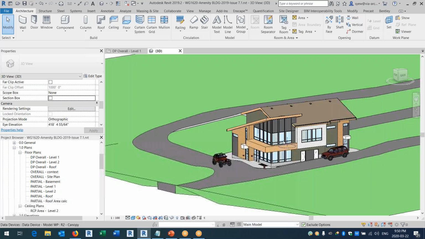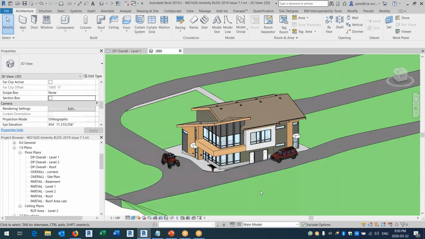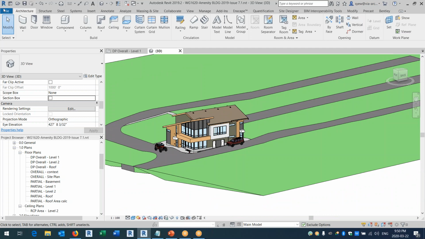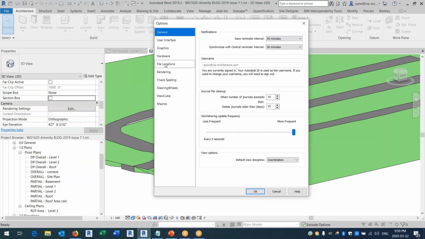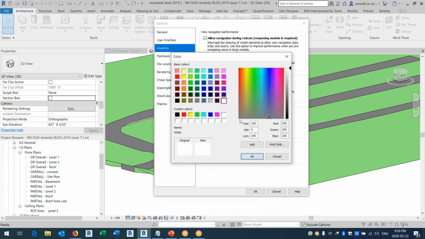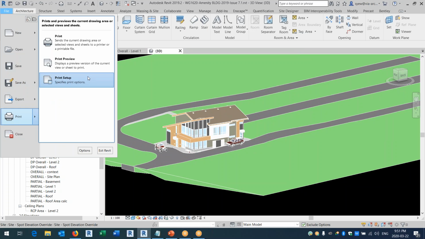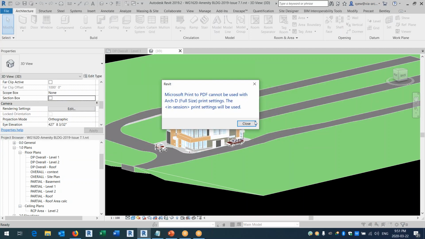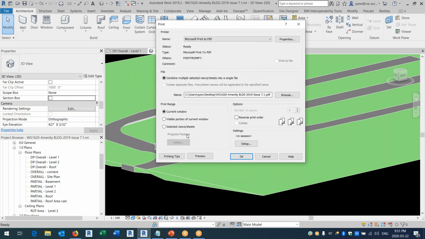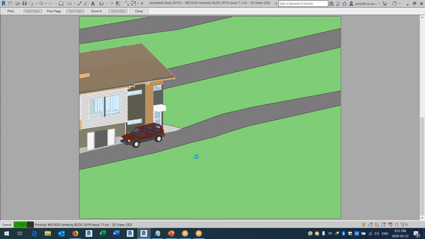I'm not sure if you guys know there's a way to change your background to black and white. If you want to do it, you can always go back to options. It's under graphics. You notice that there's a background. You can always change it to black. However, this will not do anything remotely, because this is kind of like if you miss AutoCAD. Some people miss AutoCAD, so this is how you change it. When you print it, the unfortunate thing about printing, let's see, visible and preview, it will still be black